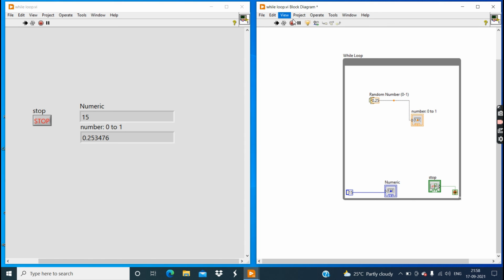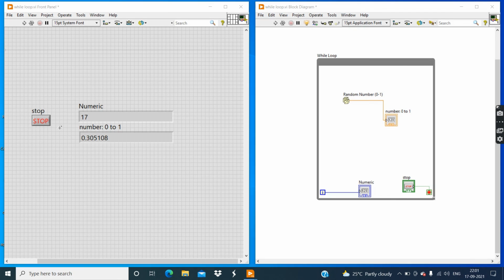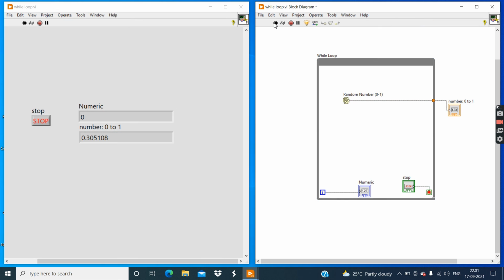Now click on the stop button and put this indicator outside the while loop, and then click on the run button. Now you can see this random number gives different numbers on each iteration, but we are getting the result of only one iteration.